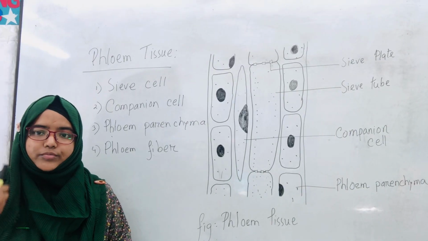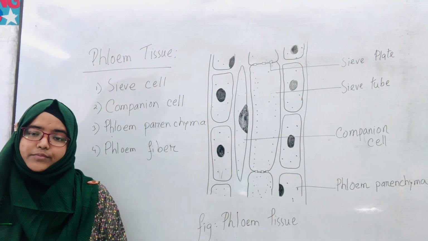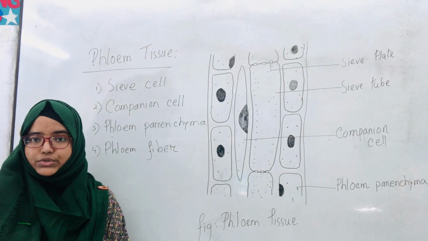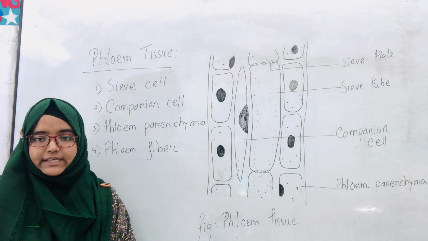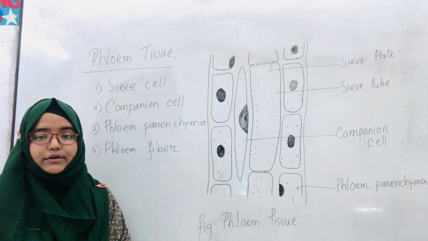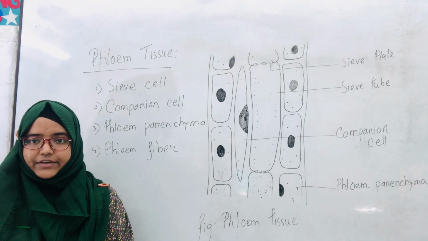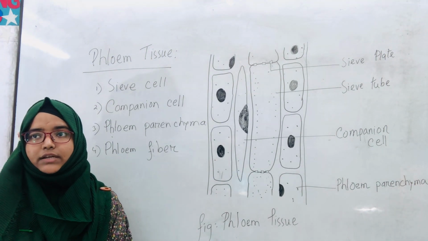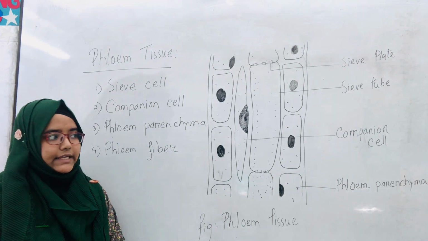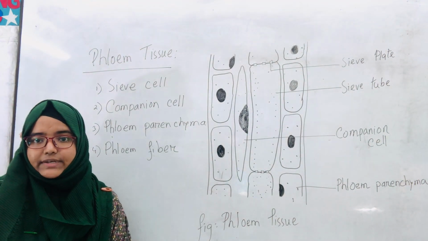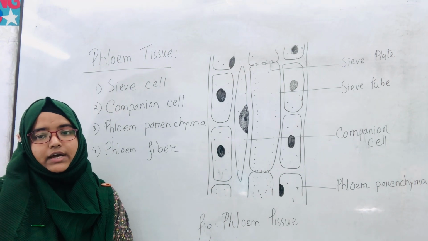Talking about the last type of cell, which is phloem fiber. Phloem fiber is a sclerenchyma type of cell which is found in phloem tissue. They are also matched end to end and make a tubular-like structure. Sometimes phloem fiber is also called bast fiber. Jute fiber is a good example of phloem fiber. Phloem fiber normally develops during the secondary growth of the plant, and the main function of phloem fiber is that it helps to transport the food, and sometimes they also help to store it.